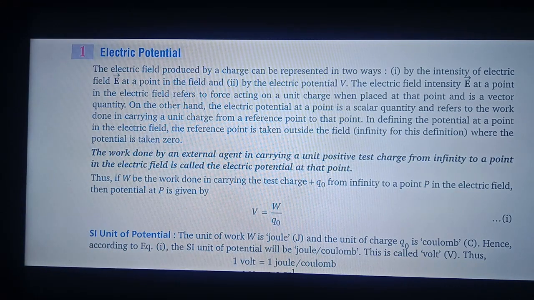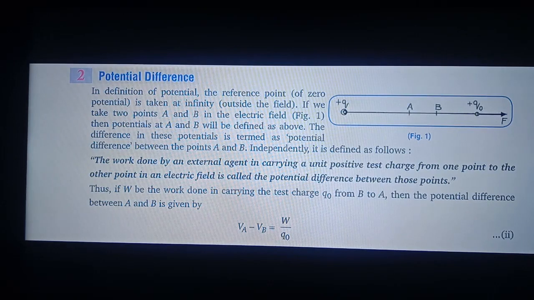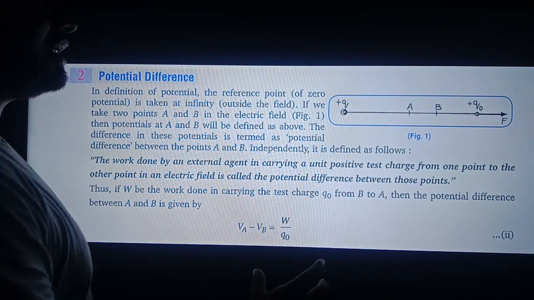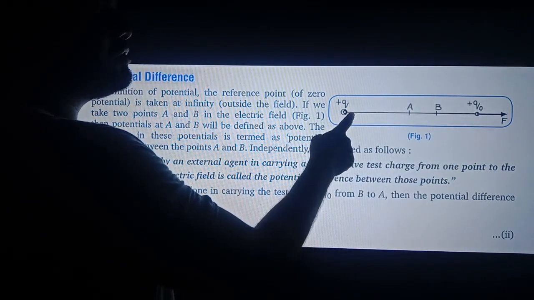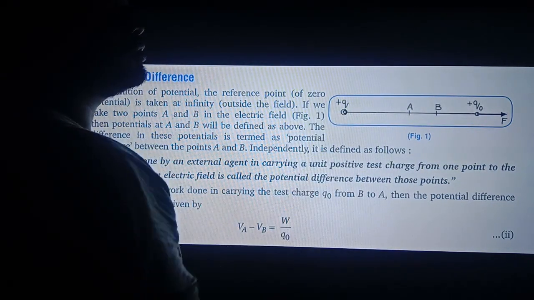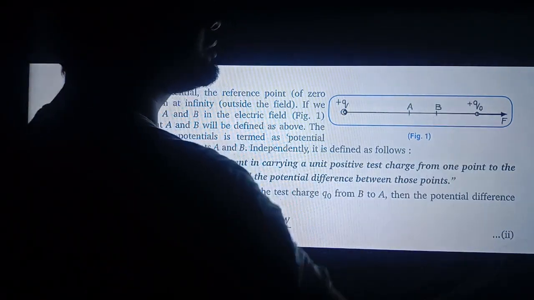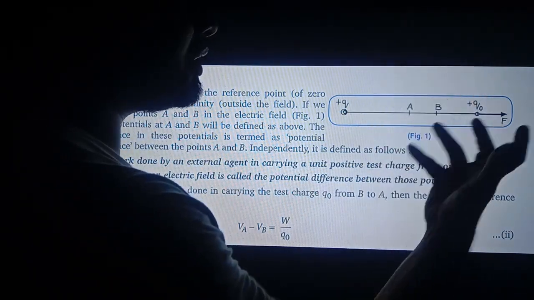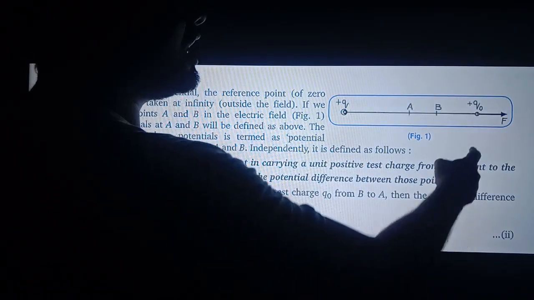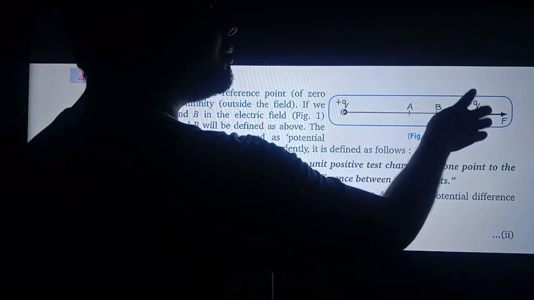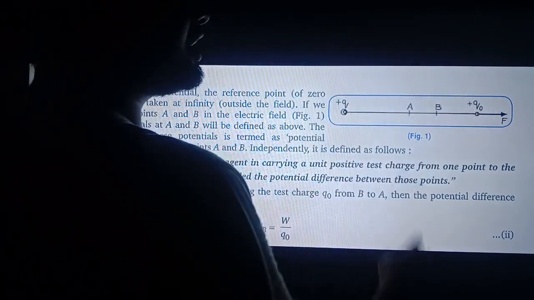Next is potential difference. Now what do you mean by potential difference? Let's see from the diagram the electric potential. Suppose that you have to find out the electric potential of charge Q at this point. So you have to bring the charge from infinite to this point. Let the amount of work done be W, then W upon Q naught is called electric potential at this